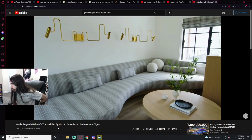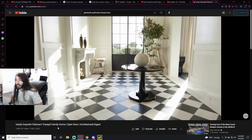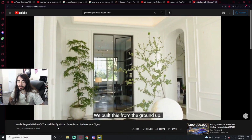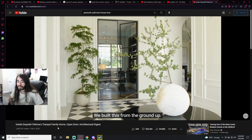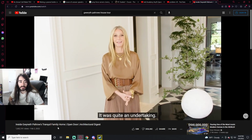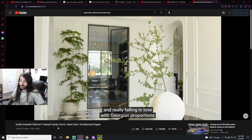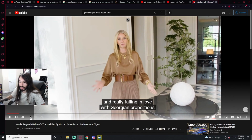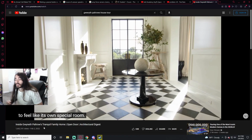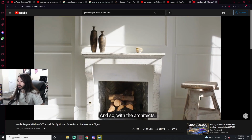Looked like a place to baptize people. The old Goop indoctrination. So this is the entryway here. We built this from the ground up. So it's the first time I've ever done anything like that. It was quite an undertaking. I think having spent so much time as an expat in Europe and really falling in love with Georgian proportions and those kind of details, I really wanted the entryway to feel like its own special room. It feels empty. And so with the architects, we conceived of...